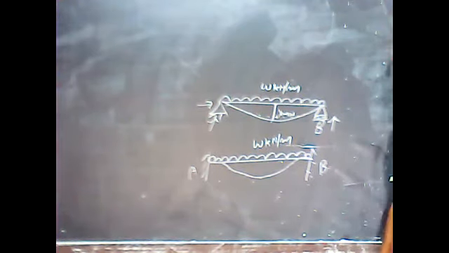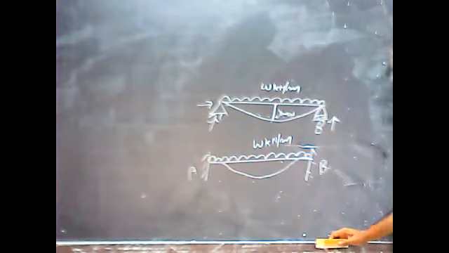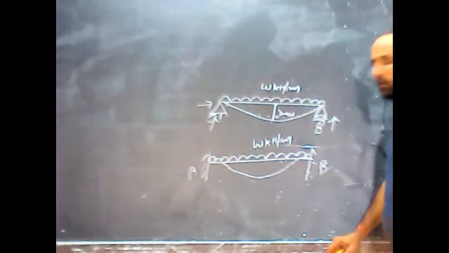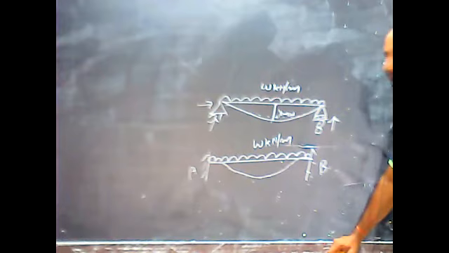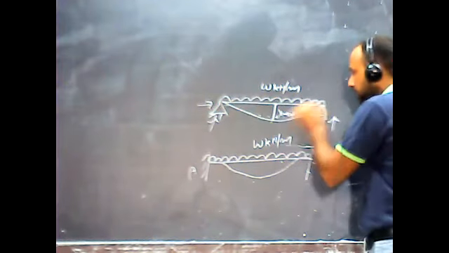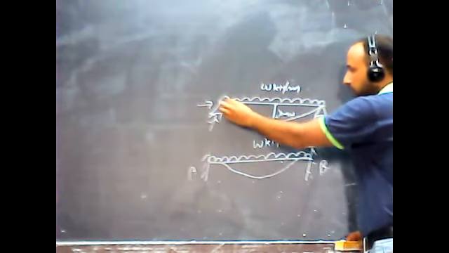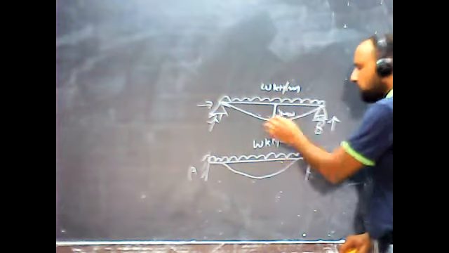As we already studied in SA1, we don't have any slope at a fixed support and we don't have any deflection at the support point. But in a simply supported beam, rotation is allowed for both the hinge and the roller support, so it is going to deflect from end to end. As you can see in this diagram, we have theta at points A and B, and it is 0 at the center, where the deflection is maximum. That we already know.